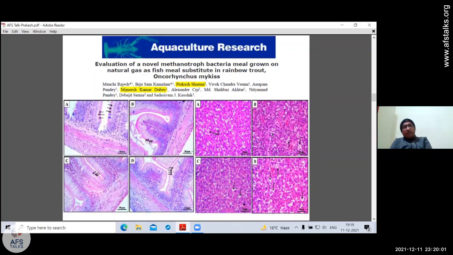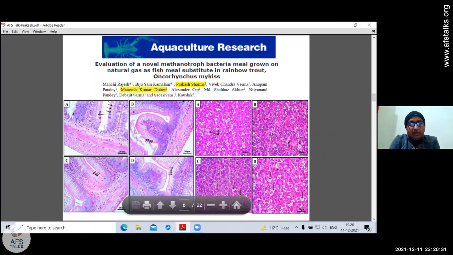So in another work, I got an opportunity to work on how some of the gastrointestinal physiology changes in response to methanotrophic bacteria incorporation in rainbow trout feeding for replacing the fish meal. So we could see here the protein absorption pattern was changing with the incorporation of the bacterial meal. When we increase the incorporation of the bacterial meal, the protein